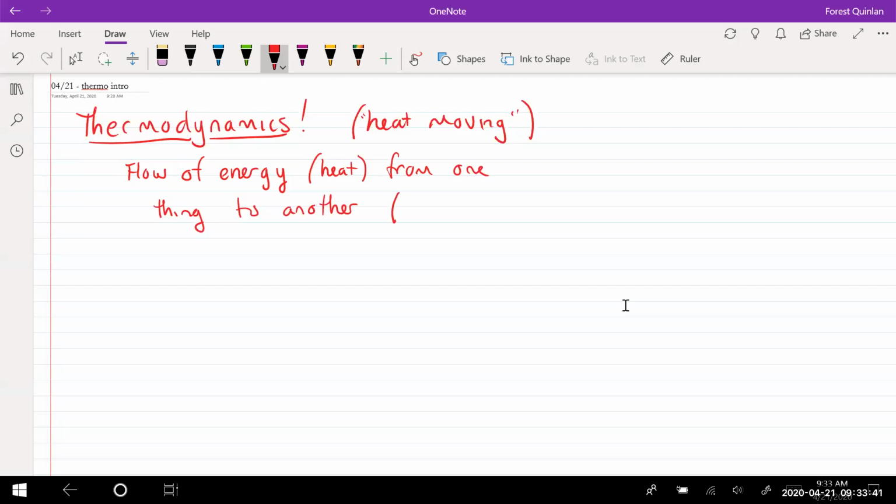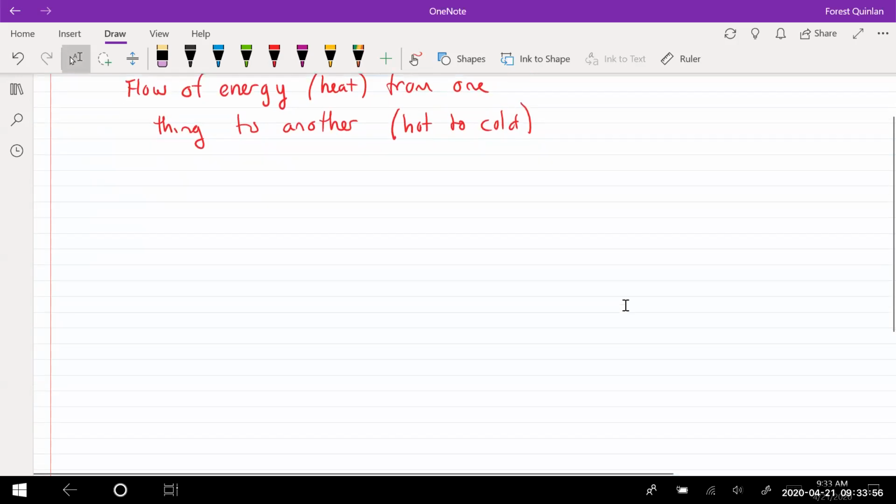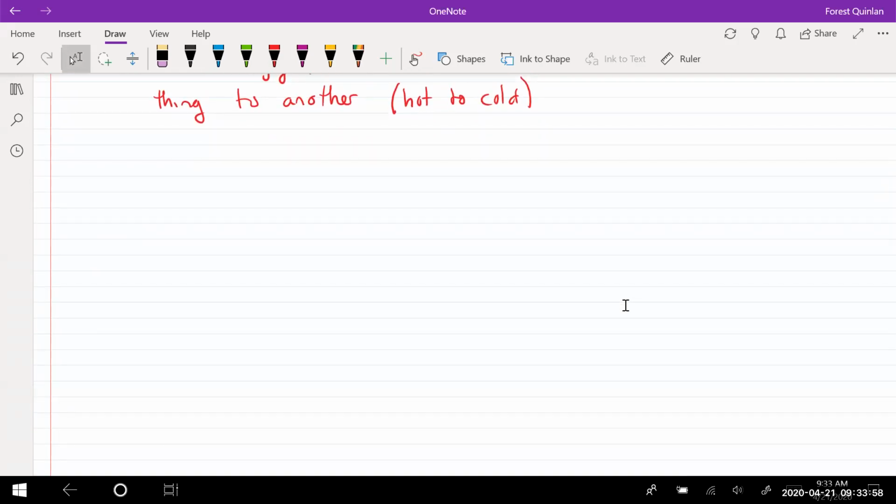And we should note that it always goes hot to cold. That is the definition, how we define the energy transfer that is going on in thermodynamics. The frame of reference is always hot to cold. That may seem intuitive, but it is noteworthy to put it down because we all have to agree how we're actually going to view this heat transfer,